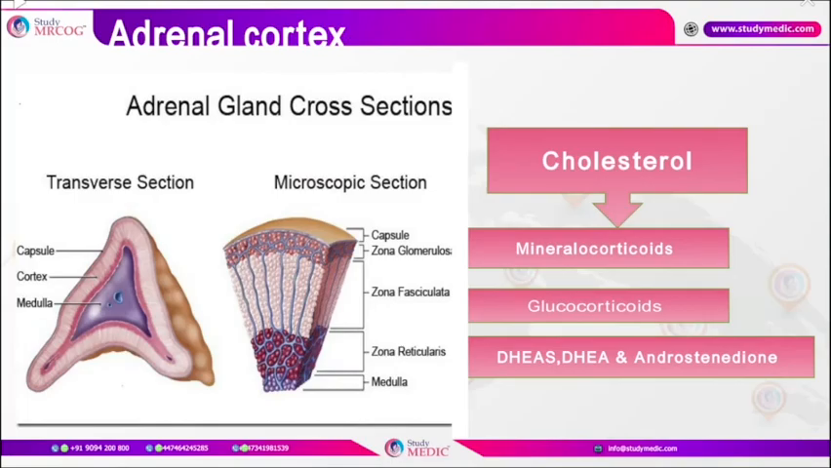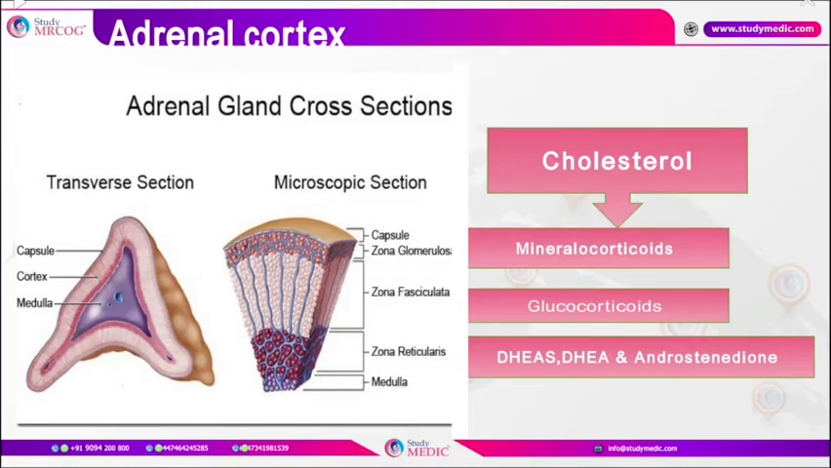Let's discuss the part of the adrenal gland which includes the cortex. There are diagrams which show the transverse section and the microscopic section. As we know, the inner portion is the medulla, which contains the chromaffin cells which secrete the catecholamines. The outer portion is called the cortex. The cortex, in microscopic section, as you can see, is divided into three very important zones. The outer is called zona glomerulosa, followed by zona fasciculata, and the innermost is